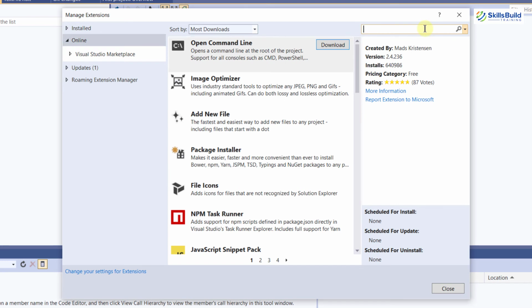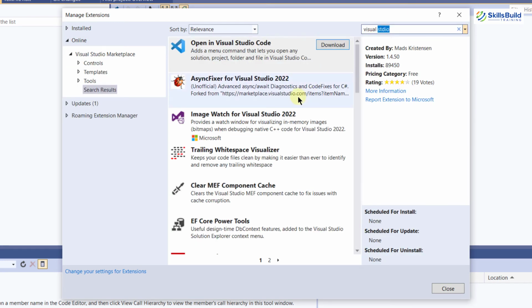So I will write here, and here you can see we have all the extensions with respect to this keyword which I have entered, which was Visual Studio. This is a really cool thing, that we can download any extension and directly add those extensions into our Visual Studio 2022 without downloading and adding them externally.